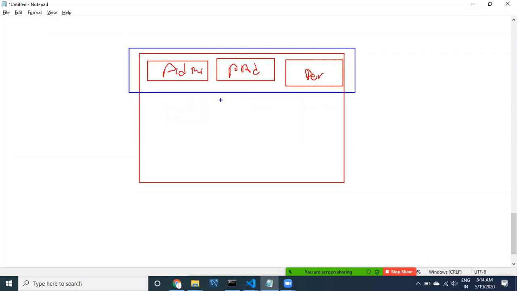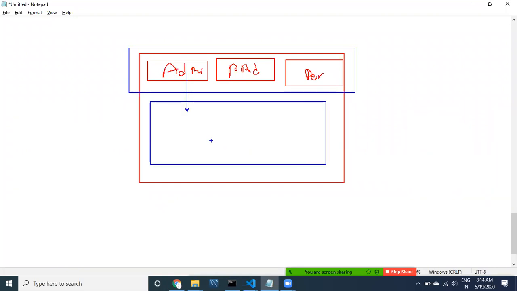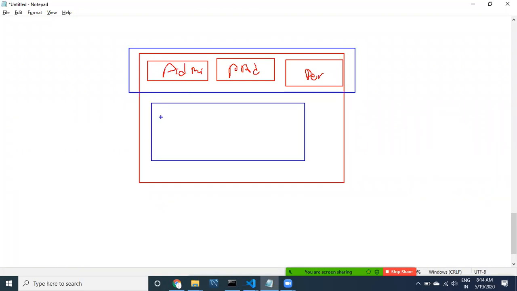Now what I want to do is, if I click on this admin, I would like to display something in this place. You can define any place, guys. You can configure your screen where you want to display, what you want to display, and on which component.